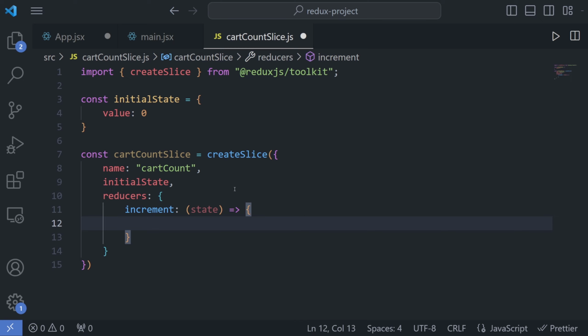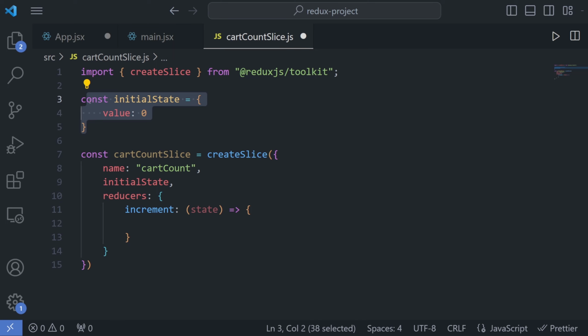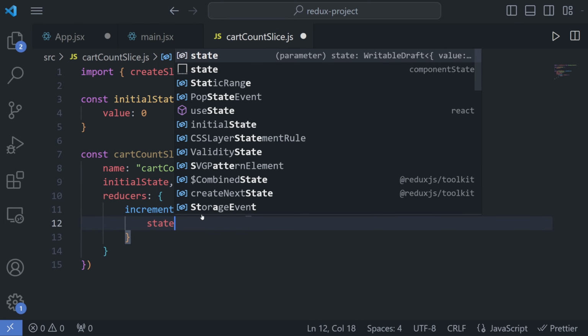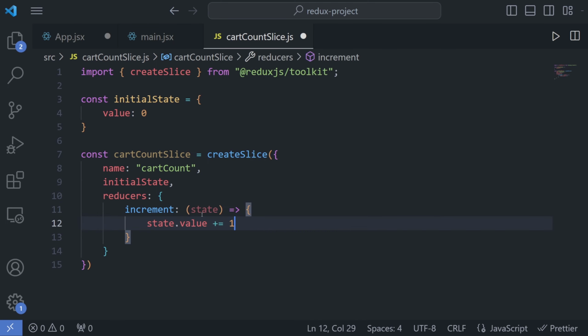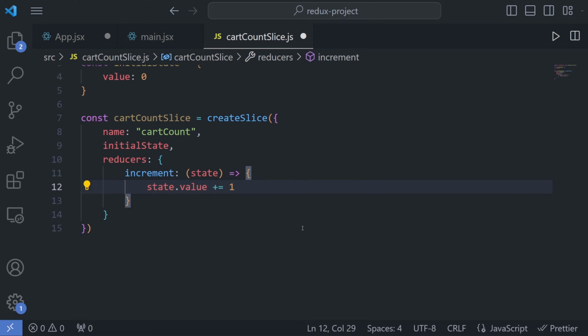However, we specified with our initial state that the state is an object with a value field. So in order to increment it, we should type state.value plus equals 1. And increment is as simple as that. This state argument that you're seeing here will represent the piece of state we're specifying in this particular slice. Therefore, in this case, it represents the piece of state that is named cart count. And the reason we can access state.value is because we told this slice that cart count has an initial value